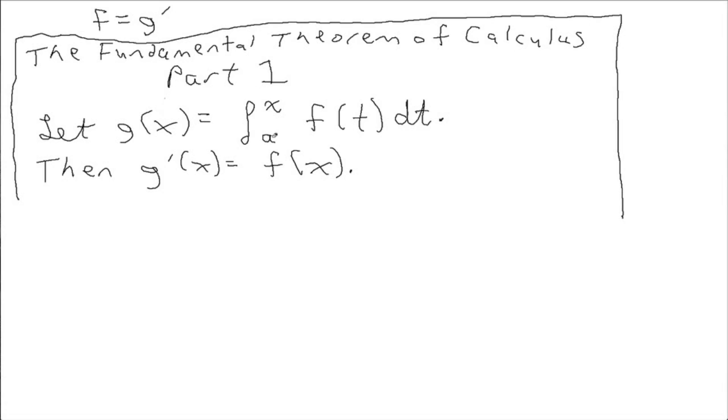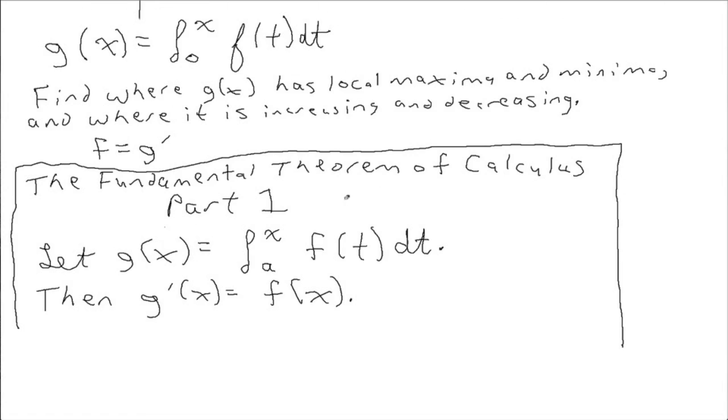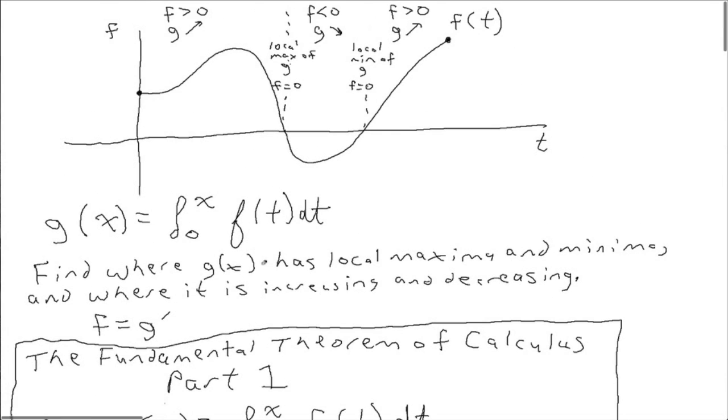Actually, in this case, the A is standing for a constant. After all, this function g can only have one input. So remember, this is what's called the area so far function. In the past, we looked at areas where we started at 0. But we don't actually have to start at 0. You could also do the area so far that starts at any point